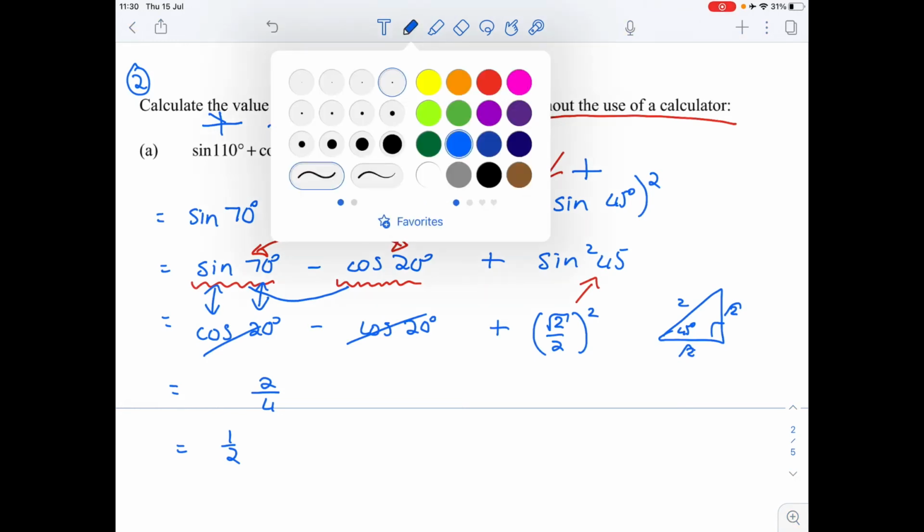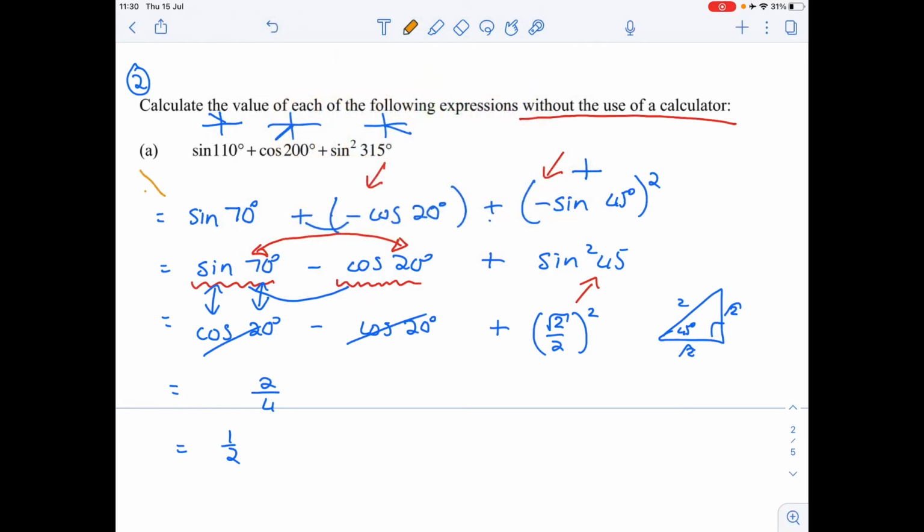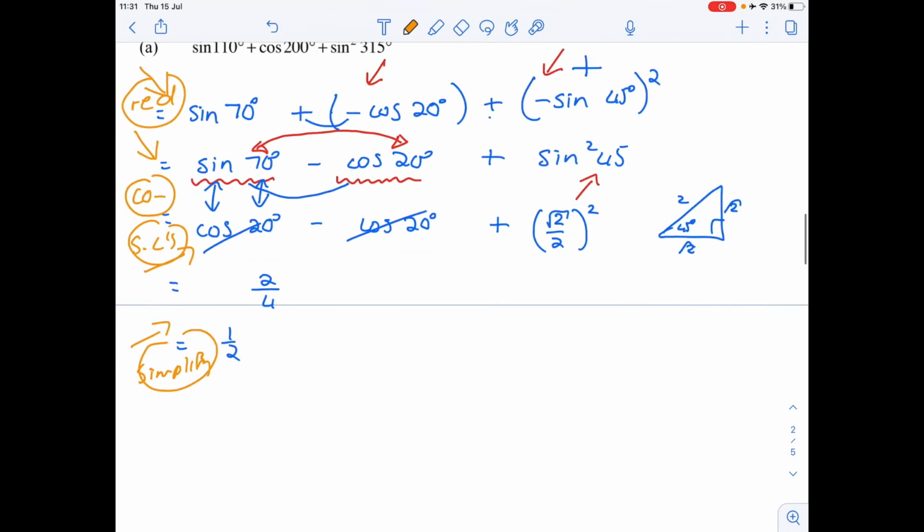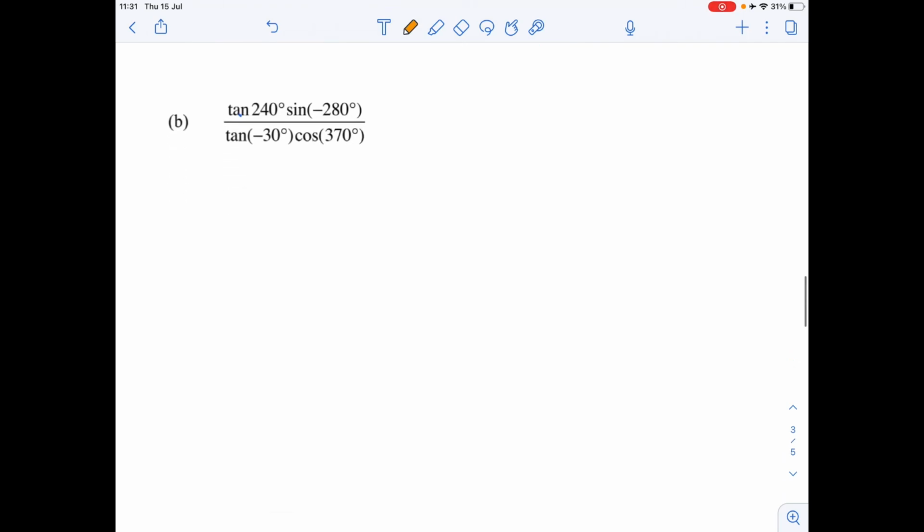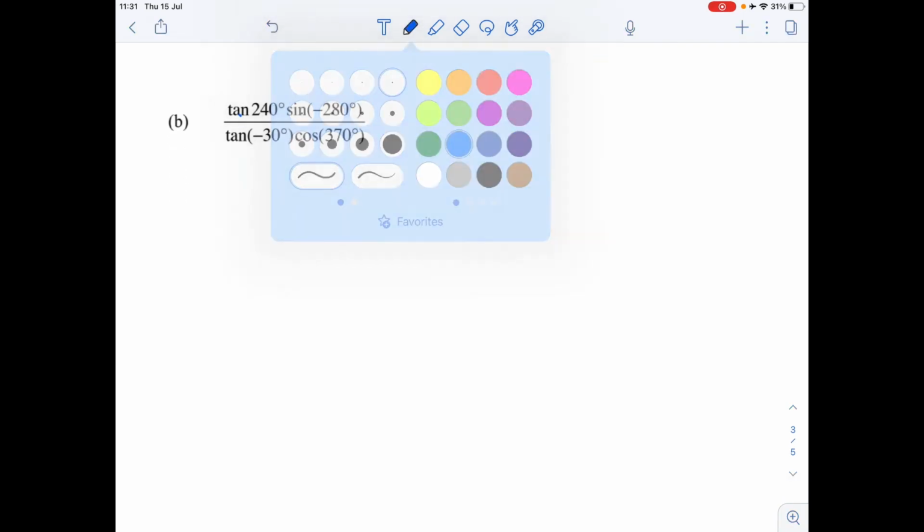Okay, let's just quickly recap here. We've reduced in that line. We've spotted something here, and so we've used our co-ratios here. Here we've reduced. There we've used special angles. And then we've simplified. So that generally is going to be the case. We're going to reduce, see what we need to use, co-ratios, etc., special angles, and then simplify. Let's do another example, the last one. Okay. First step,